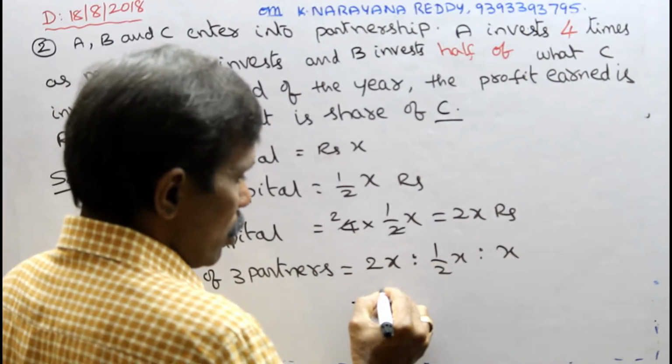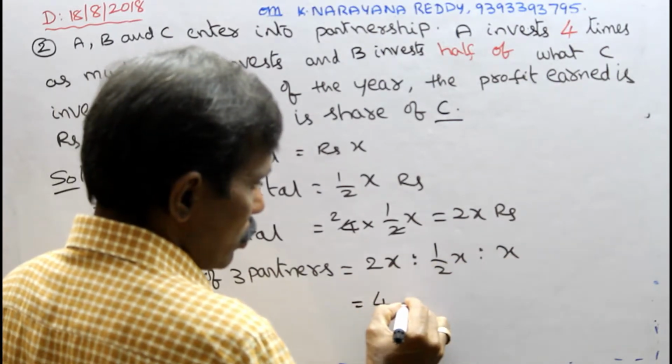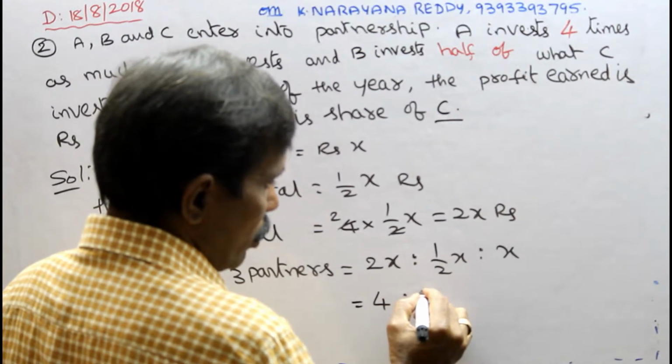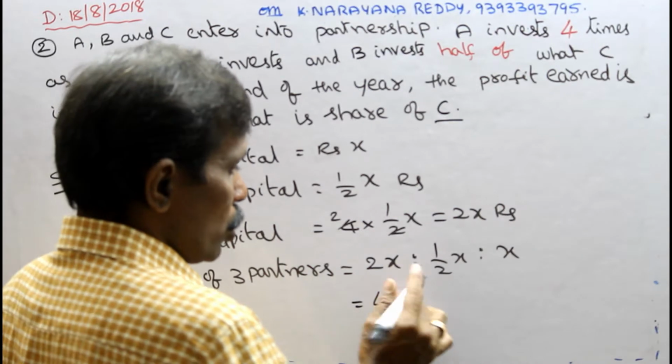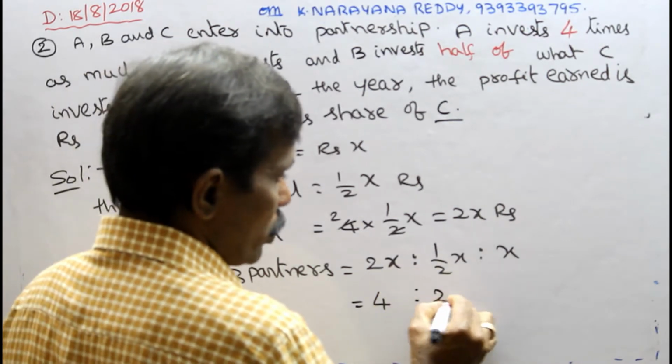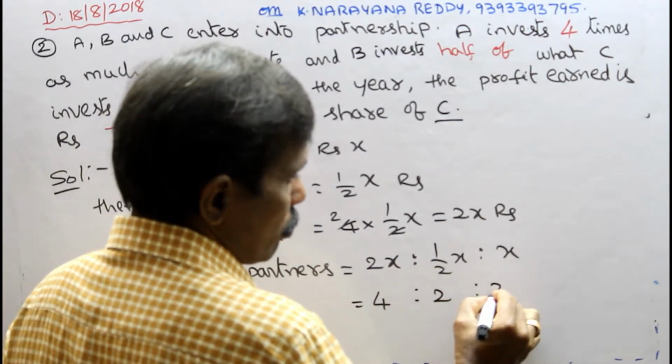X's cancel. Multiplying all the ratios with 2: